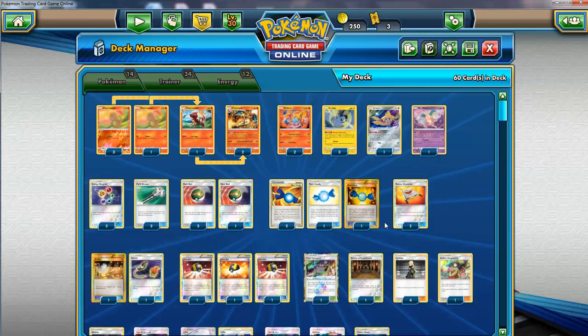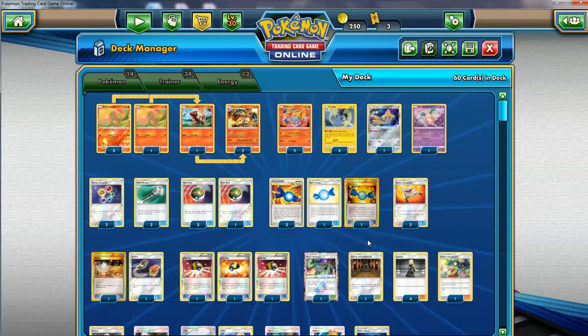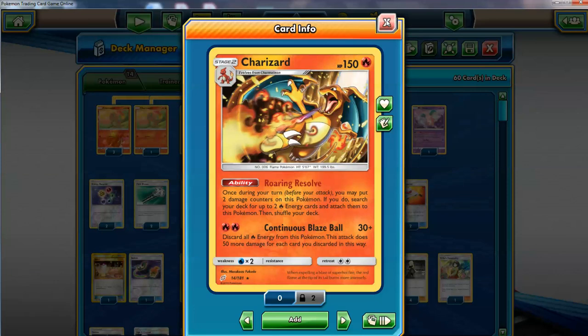Okay, and then the last thing, just 12 Fire Energies, and this is the deck. So Charizard deck, guys, Team Up, pretty cool. It's a really reliable deck, to be honest. I mean, it's not going to be easy to get those one-hit knockouts on the Tag Team GX Pokemon, but if you can get a few turns and you manage to use Roar and Resolve like twice, you got the Choice Band on, you manually attach Fire Energies, you can even knock out those Pokemon,